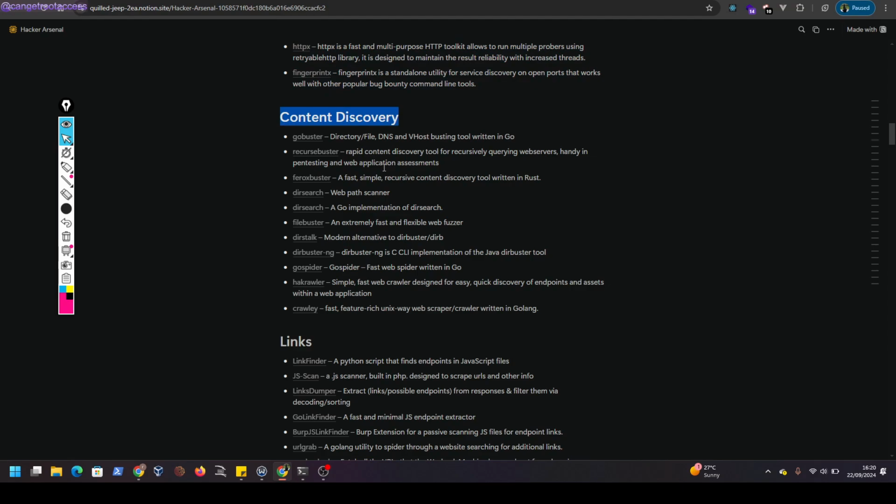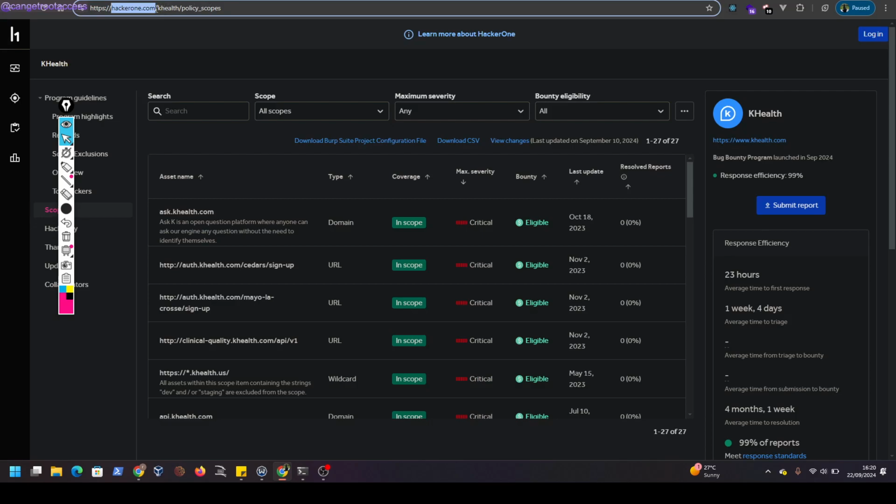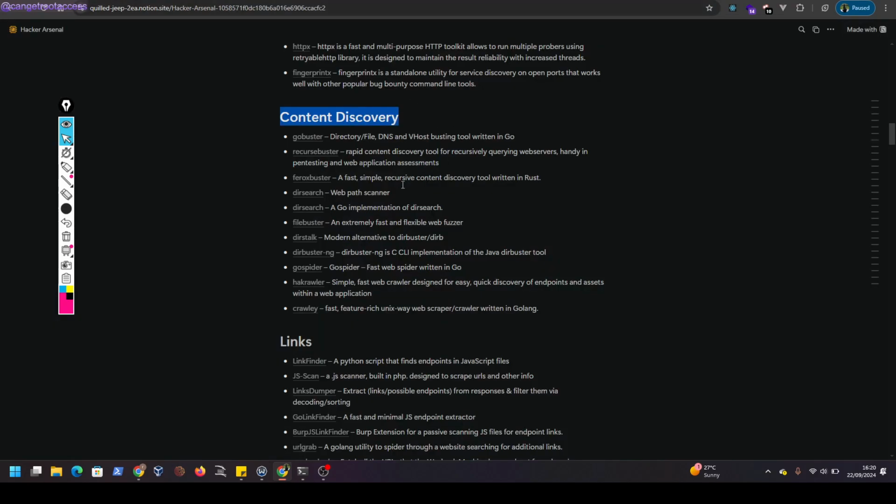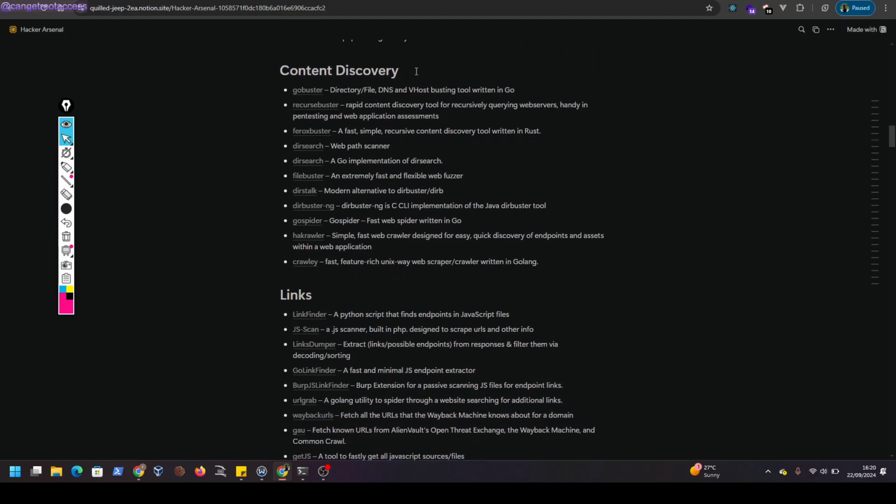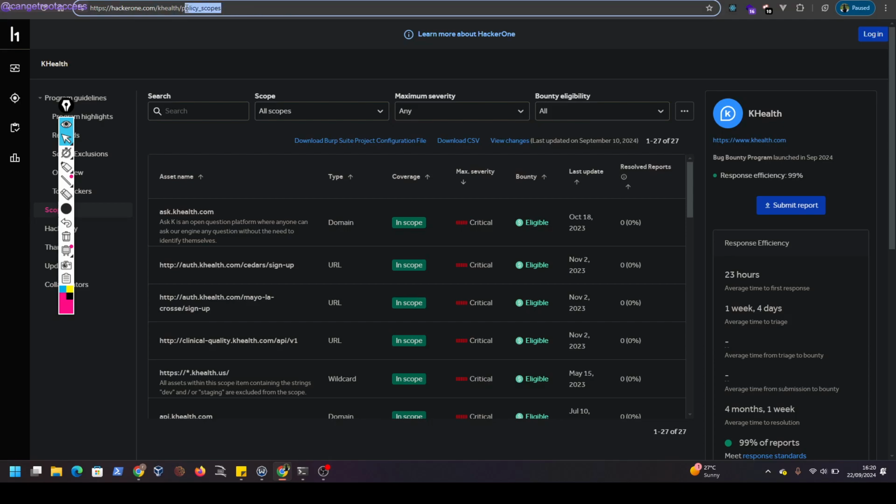So here we are using these tools to find more content, more endpoints, more directories, more files in our applications that may be allowed to the public and maybe hold sensitive information. So content discovery, you are looking for more content or more